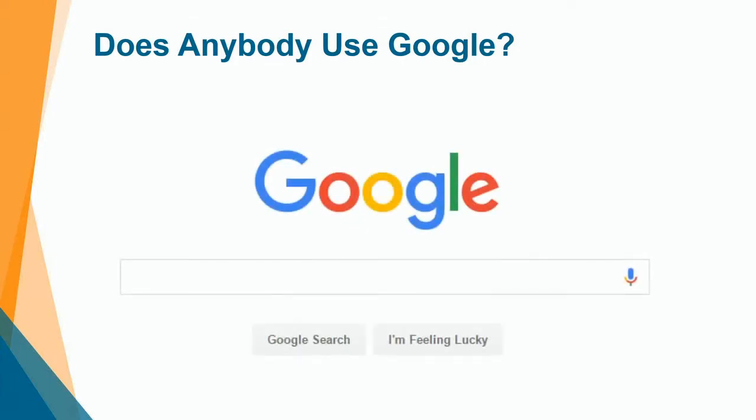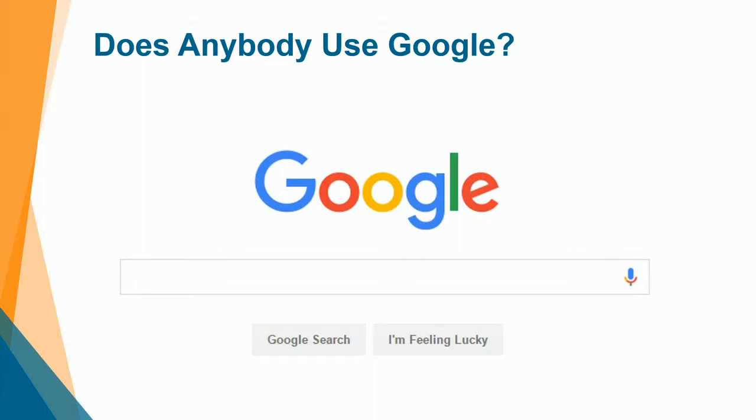So I suppose if I could see a show of hands on this webinar, does anybody use Google? I would assume that everybody's hand is probably going up in the air. Well, think about Google. Did anybody ever get any formalized training on Google? Probably not. I'm assuming you just went to google.com and started typing a search phrase. That's the beauty of Google. It's very simplified. It doesn't take a lot of effort on the user's perspective to be able to learn things. You type in what you're searching for, hit enter, boom. There's my content. Sometimes, albeit a lot of content to look through, but it's getting you to the web pages